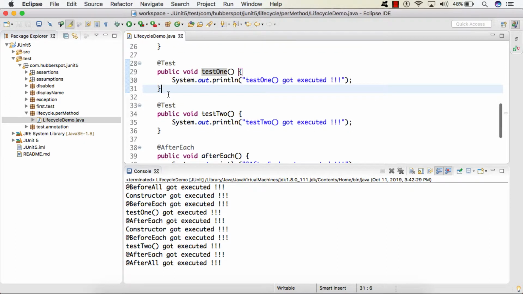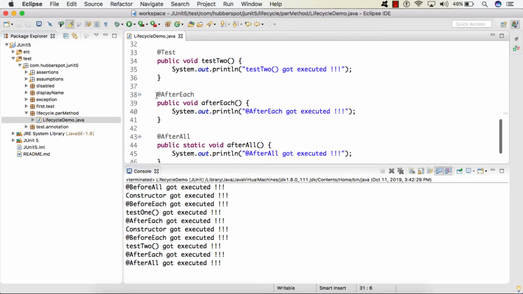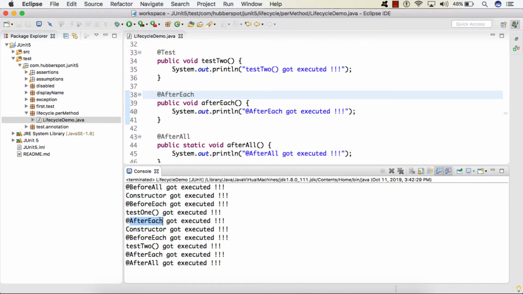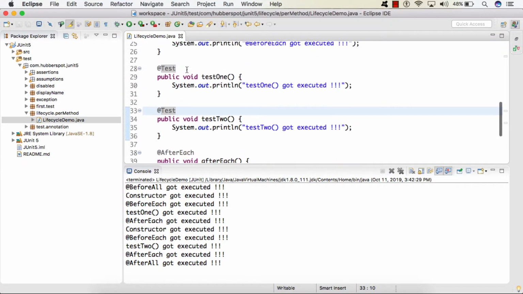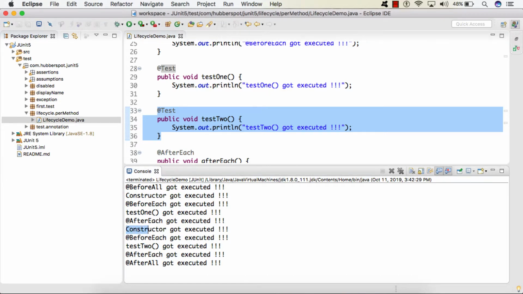And after it got executed, it saw that there is a method annotated with @AfterEach, and the @AfterEach method got executed. So after completing the lifecycle for the first @Test method, JUnit saw that there is another @Test method. So it again instantiated the test class, as this constructor was called, then beforeEach was called once again, then test2 got executed, and then afterEach got executed.